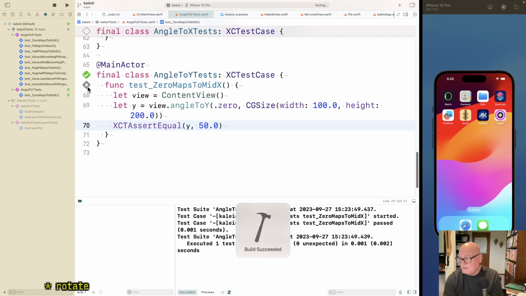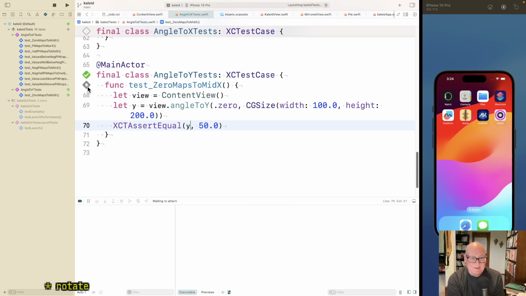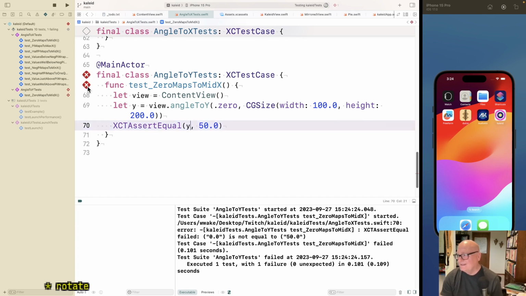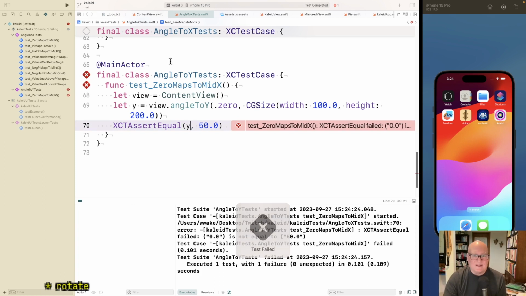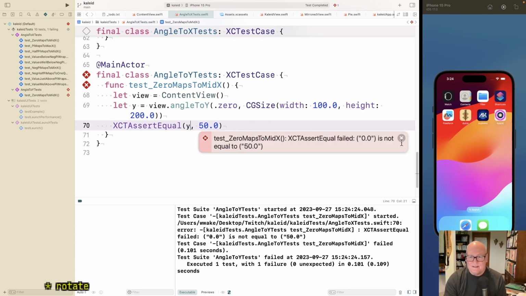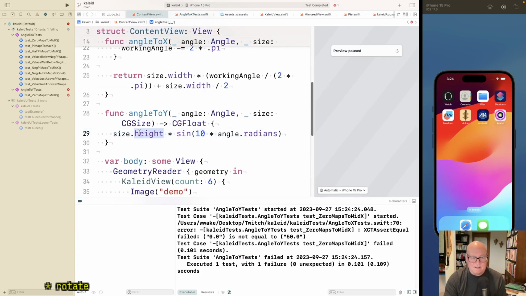And once again, many times I've had this surprise where my test passes. And very rare like that, where it passes and then I edit it to something completely different and it still passes. Okay, that's better. All right, 0 is not equal to 50. Yeah, that's kind of what I think. All right, so